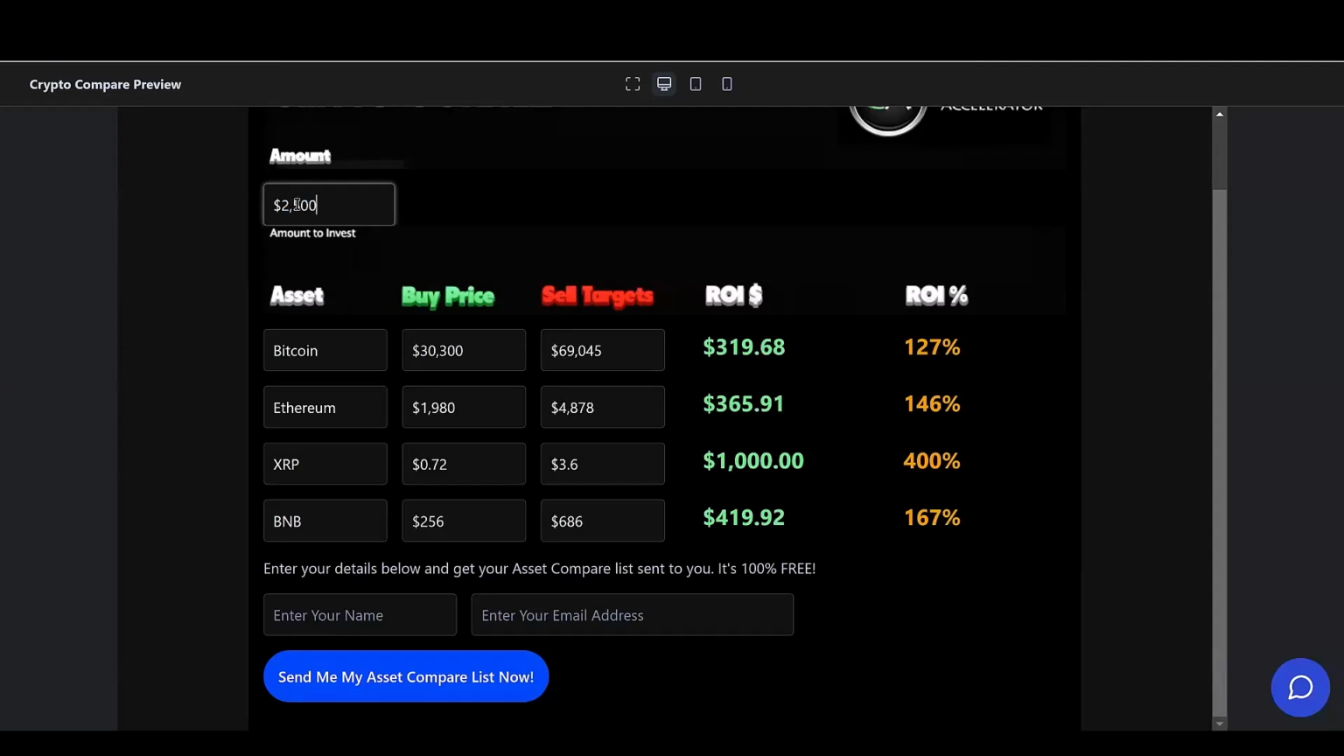So let's put that 2,500 in here. And for those that are listening and not looking at the screen, we've got $3,196 return on investment for Bitcoin. Ethereum would be $3,659, just beats out Bitcoin. XRP, $10,000, just not $10,000 even. And for Binance token, we've got ourselves $4,199 return on investment. So even with XRP sitting at 72 cents,